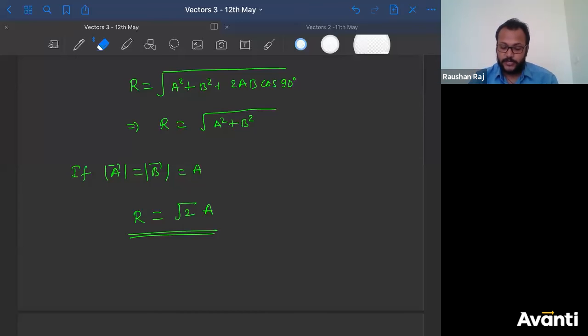So you can write directly, if the magnitude of two vectors are equal and if the angle between them is 90 degree, what will be the resultant vector? What will be the resultant magnitude? So square root 2 into a. एकदम रट्टा मार लेना, याद होना चाहिए. कैसे आया आपको पढ़ लिया, like you have already studied how this has come.